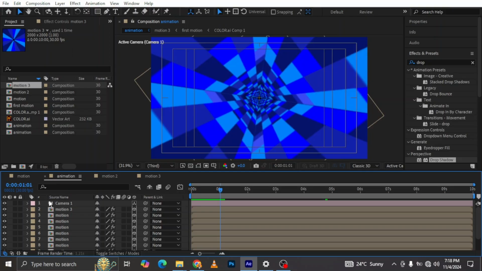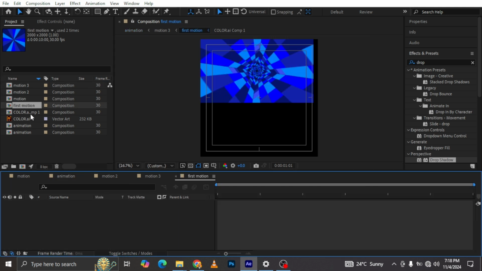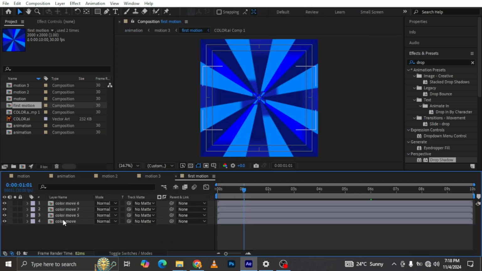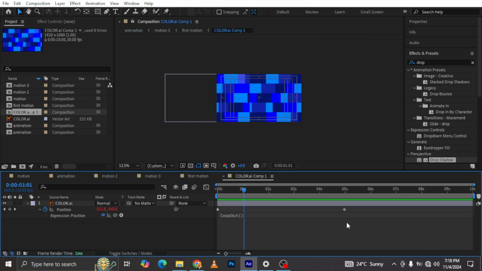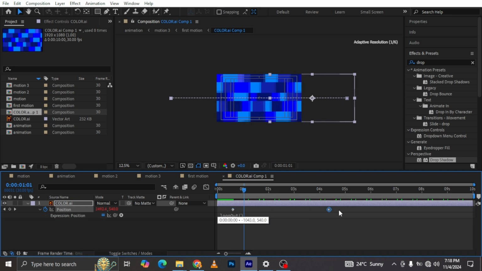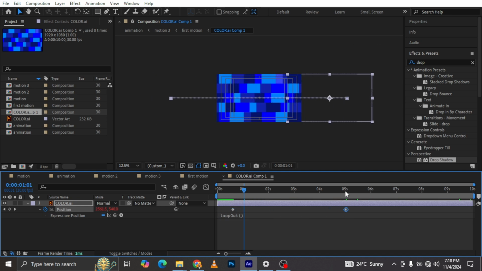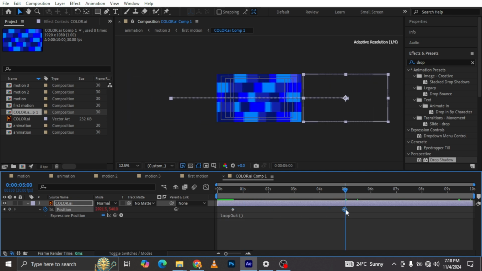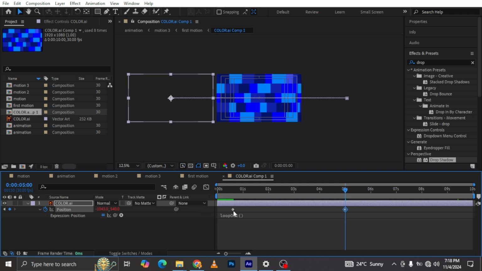Now if you play it back, okay, I made a little bit of a mistake right here. So what I'm just going to do, I'm going to open my first motion layer right here, and open my color move layer right here. Now I'm just going to swap the keyframes. So this one right here, I'm going to move it down to 1 second, and this one here, I'm going to move it to 5 seconds. So let's just arrange it properly,